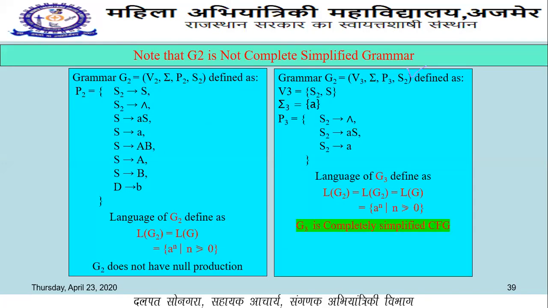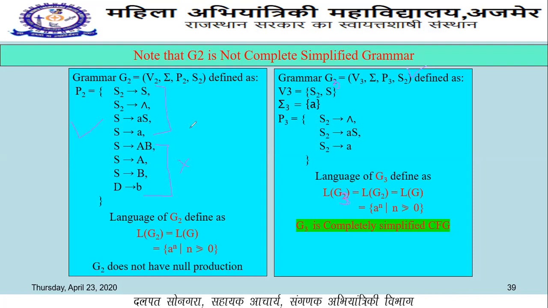So look, our G2 is this, but look, in the production S tends to AB, and these four productions are not used in any sentential form, so these are to be removed, and the remaining productions are these only, which we include in G3. This is actually G3, this is a printing mistake. And of course this is also G3, please be clear. So these four productions are eliminated.